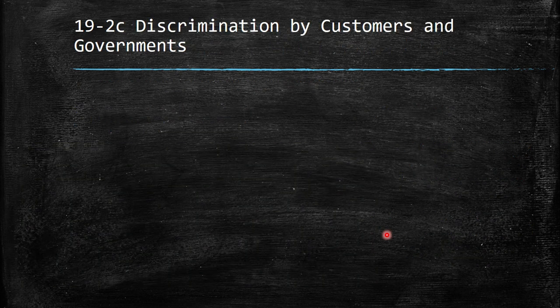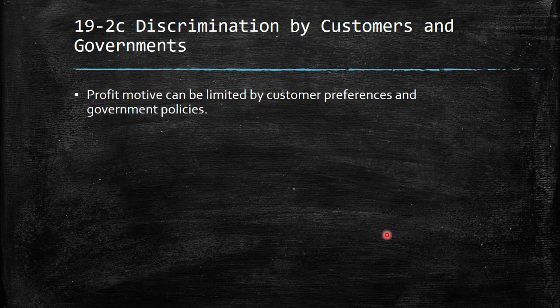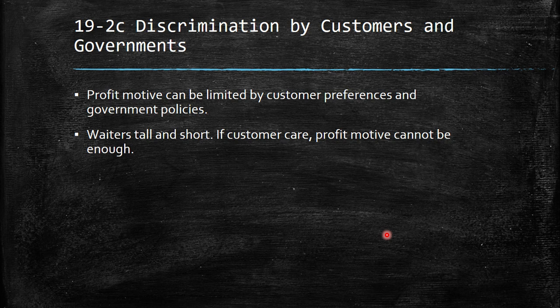Then obviously another important discrimination to consider is discrimination by consumers and governments. Sometimes the profit motive can be limited by customer preference and government policies. For example, if customers care, the profit motive cannot be enough. Sometimes customers prefer to go to really beautiful waiters compared with others who are not beautiful. It could be the case, for example, with Hooters. They have really attractive girls, so maybe it has an impact on your decision to go to this